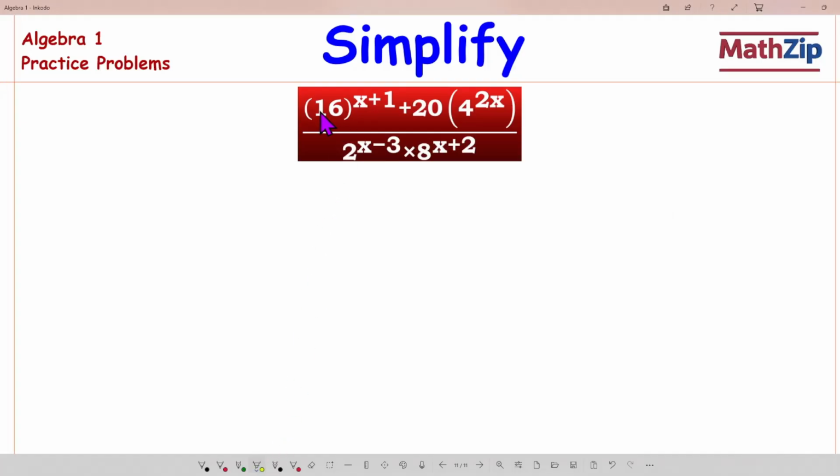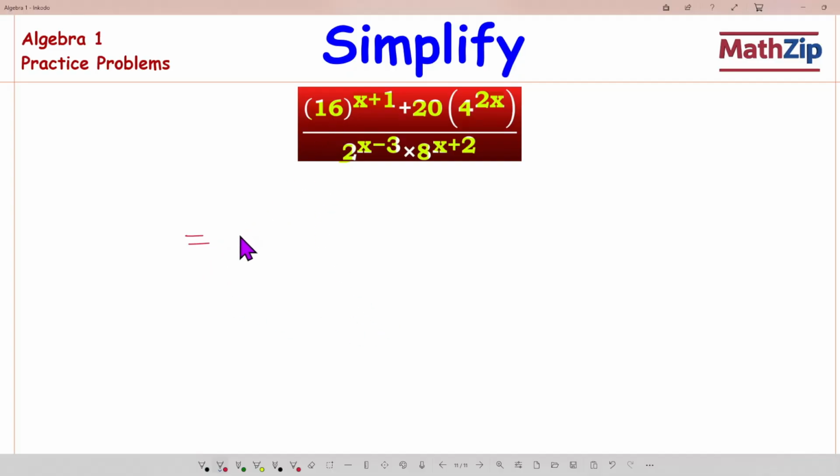Simplify: (16 to the power x plus 1 plus 20 times 4 to the power 2x) divided by (2 to the power x minus 3 times 8 to the power x plus 2). So these kinds of exponential math we have to solve step by step. How? Look,